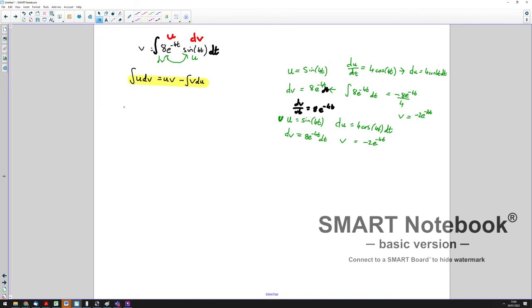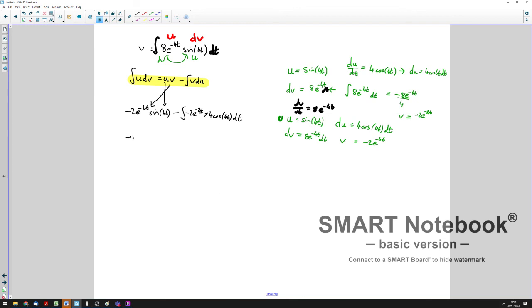So we get u, sine 4t, times v, which is minus 2 e to the minus 4t, so minus 2 e to the minus 4t sine 4t, u times v, minus the integral of minus 2e to the minus 4t times 4, sorry, I did that in my head as I was doing the sum. Times 4 cos 4t dt,